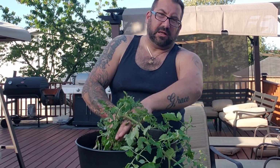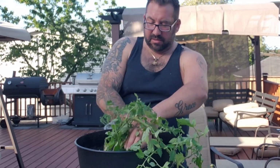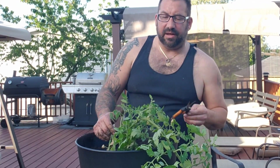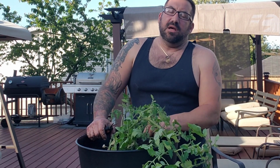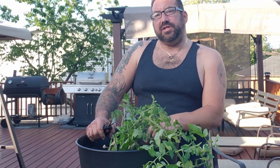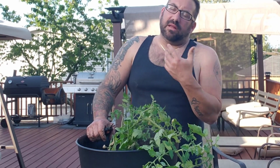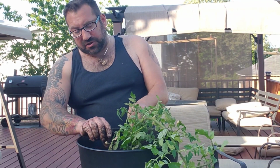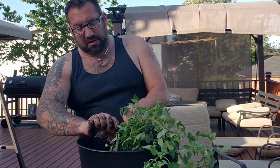I'll break up any clumps that come with it. All right, so now I've come to the point where I have to prune this plant, and I do not like pruning my determinate tomato plants. I have found that the more I prune them, the worse off they do, and the less of a harvest I get. So what I'm gonna do is just prune off enough leaves that it's not touching